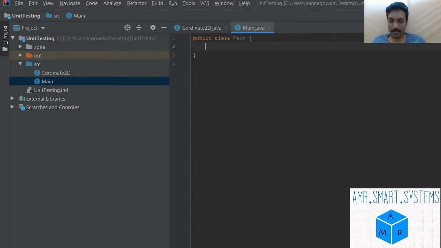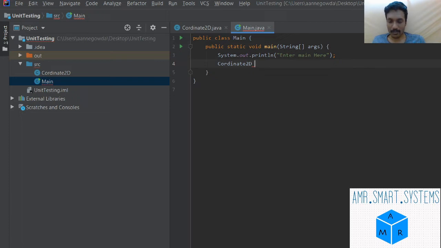So public static void main, we add here a basic entry statement, enter main here, then we will create an object,